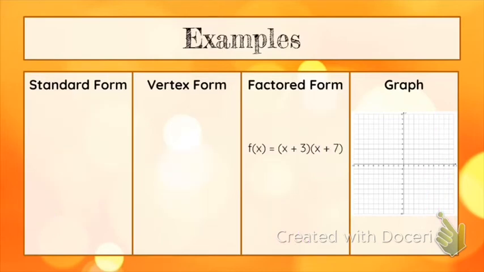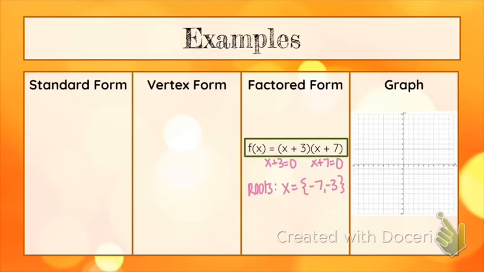We're going to do one last example where we start in factored form. And when we start in factored form, we know that factored form tells us what our roots are. And we can find those by setting each one equal to 0. And we're going to get that our roots are -7 and -3. And I did those in my head, and you're welcome to as well. Okay, so from factored form,